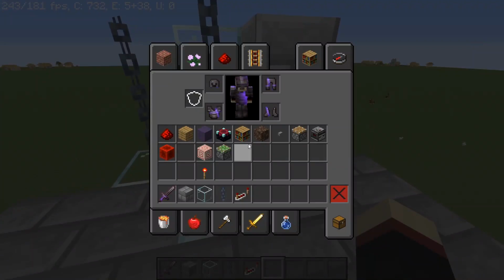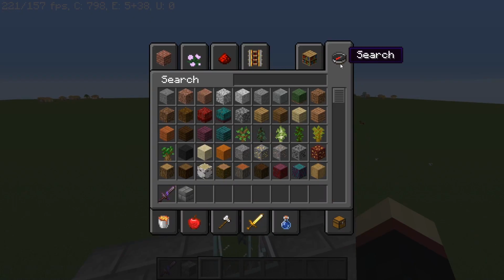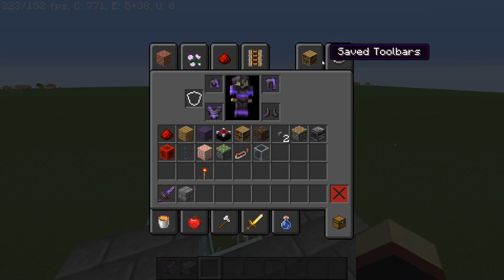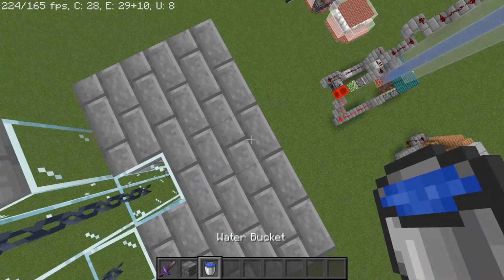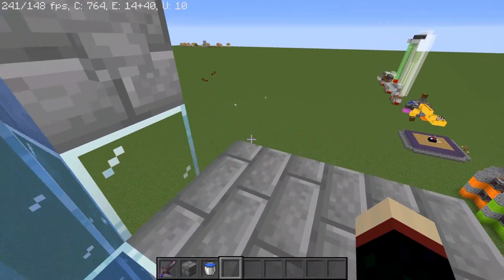Up here we've got more chains like this, and we're gonna put a cap up there. We're gonna get a button, and the button is gonna go right here, and then we're gonna get water and just fill this whole thing up with water. And there we go, this whole thing is filled with water, but now we need a way to activate it